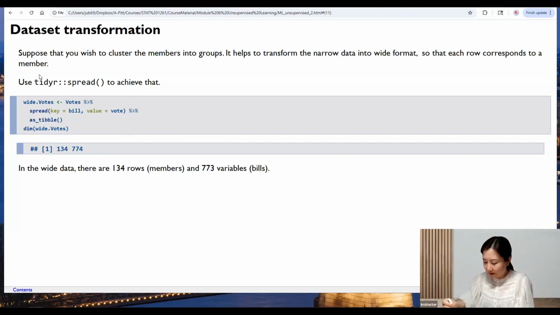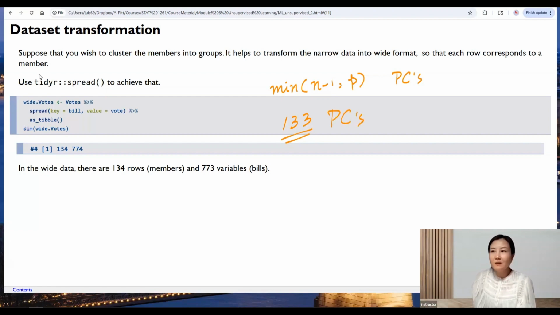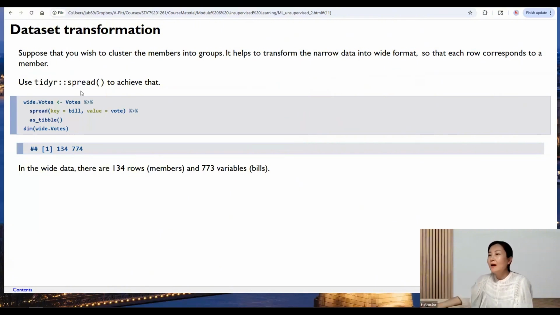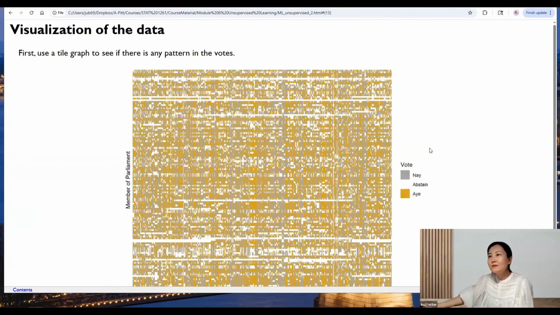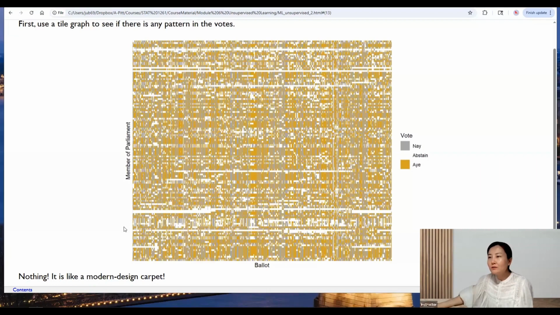So remember, the rule is we can create the minimum of n-1 and p distinct PCs, right? So now n is apparently smaller than p, so we actually can create 133 distinct principal components instead of 773. And we can only create this many principal components. Okay. All right. So before we start, let's create a tile plot to see if there is any pattern in